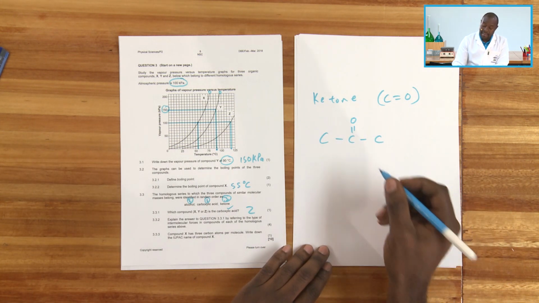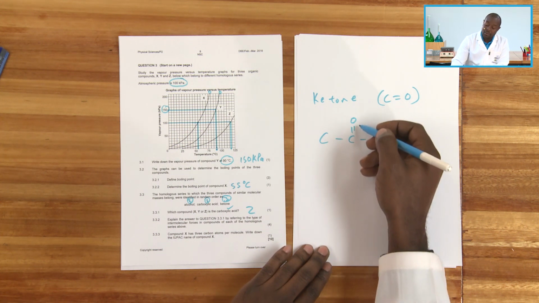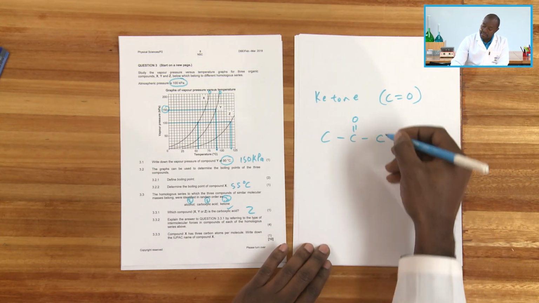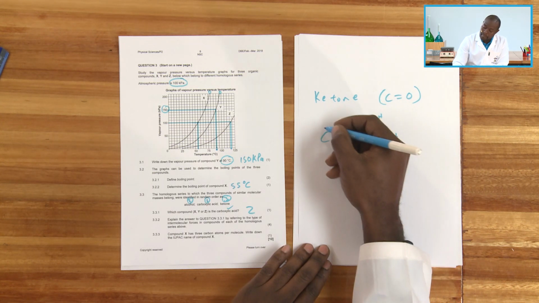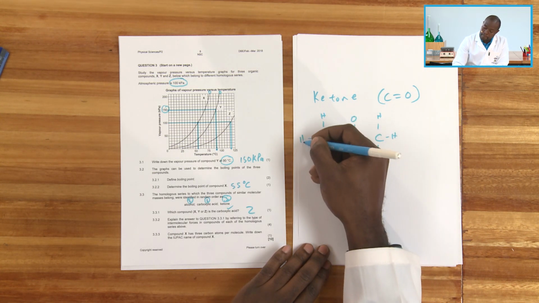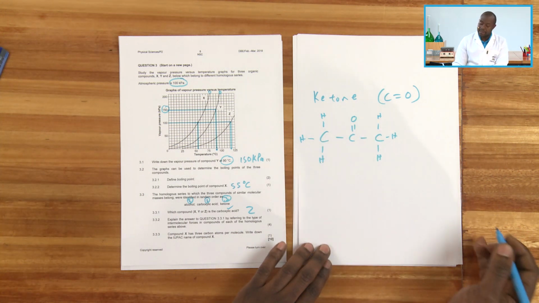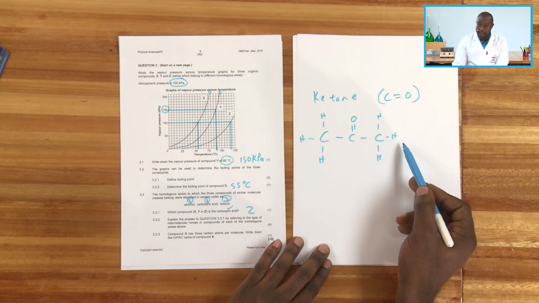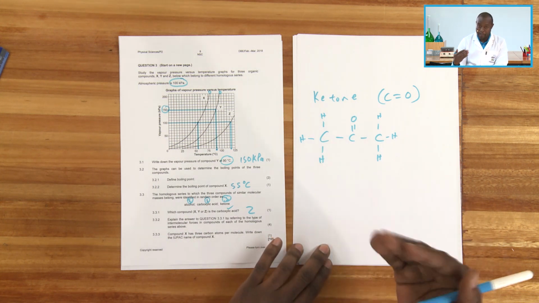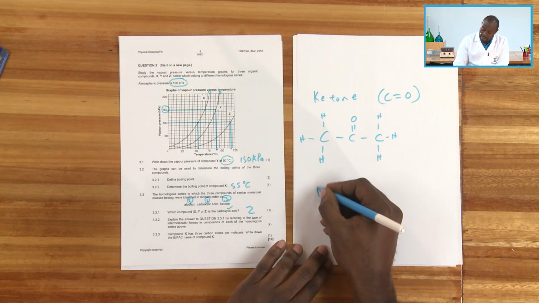For a ketone, our carbonyl group is going to be right in the middle. So we're then going to have our hydrogens there. Our hydrogens there. So because our parent chain has got 3 carbons, it means that we are looking at a propane, right? So it's going to be